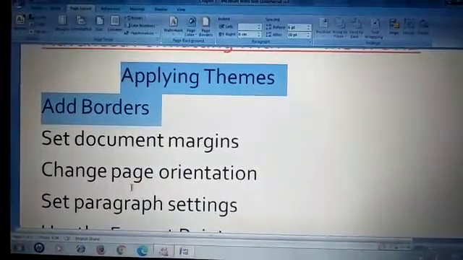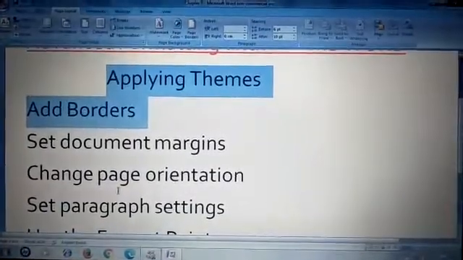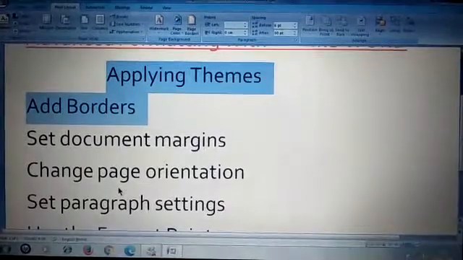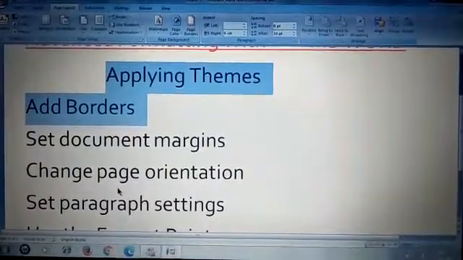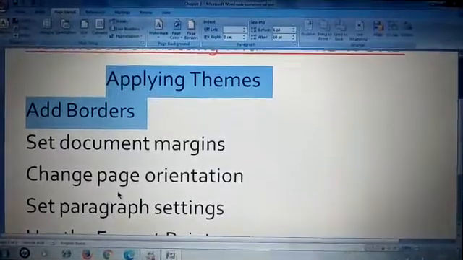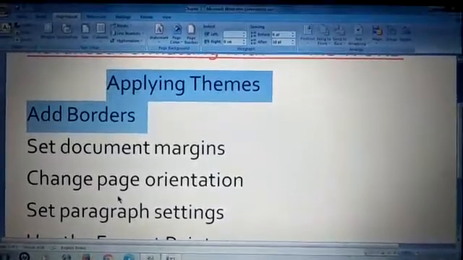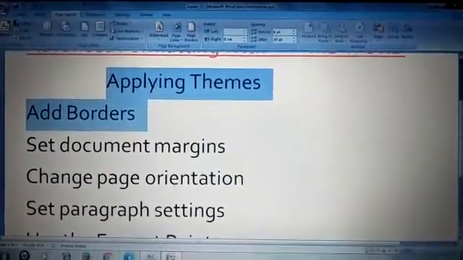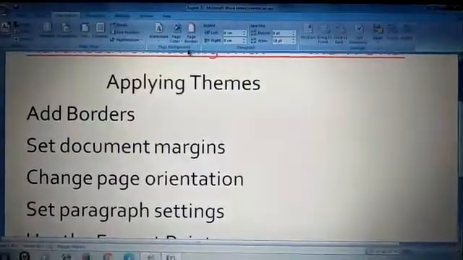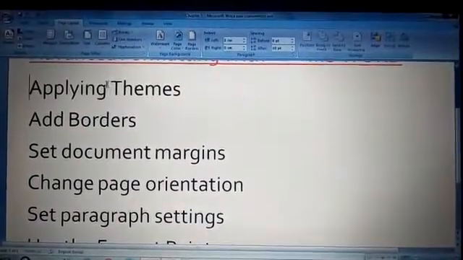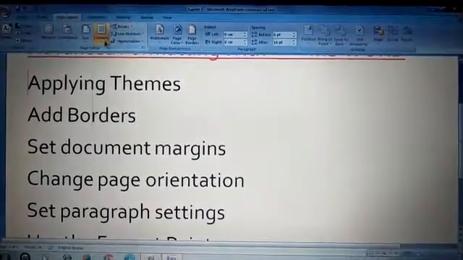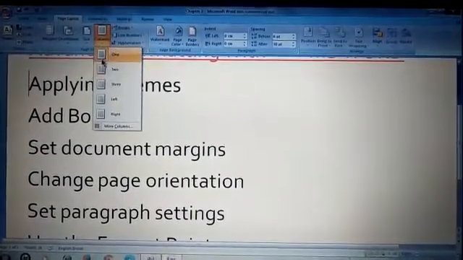Next one is the alignment. You all know what is paragraph alignment. I'll not go again with it. Now, how to apply the columns? You all know what are the columns. You can have 1 column, you can have 2 columns, you can have 3 columns out here. Now, we are just working in 1 column.